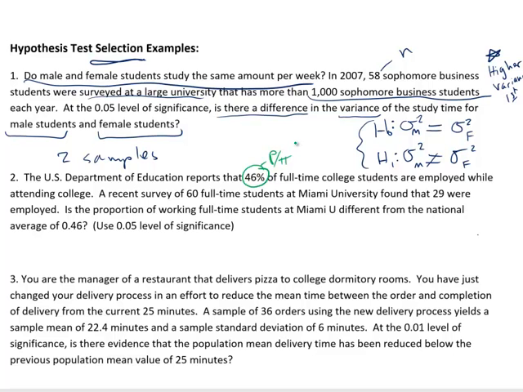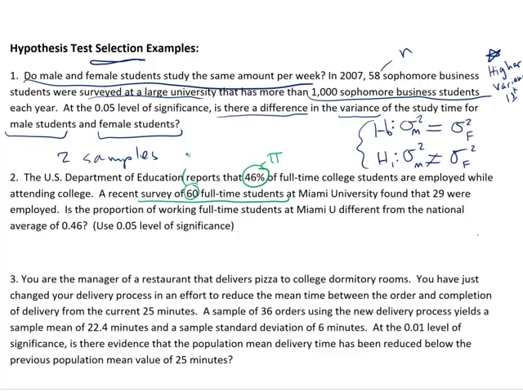It says that the U.S. Department of Education reports that 46% of full-time college students are employed while attending college. And then a recent survey of 60, so we know that this one up here is the population value. And now a recent survey found that full-time students at Miami University, 60 of them,